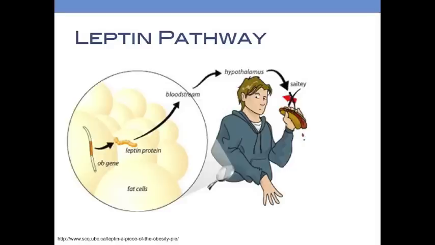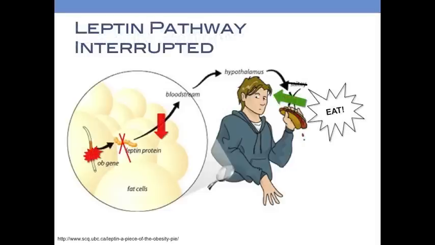When we eat, our stomach starts to become physically full. As this occurs, our stomach starts to push on the visceral fat cells surrounding our vital organs. As this happens, leptin is secreted by our adipose cells, and this leptin travels to the brain, where it binds to its leptin receptors, which are located in the hypothalamus of the brain. When leptin binds to its receptor, our brain tells us we're full and we stop eating.